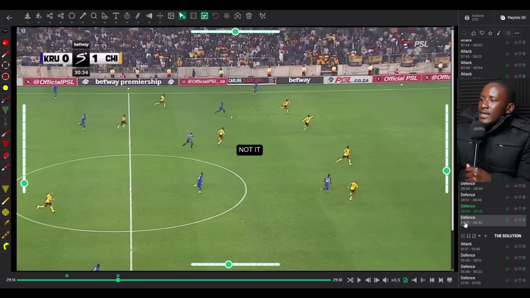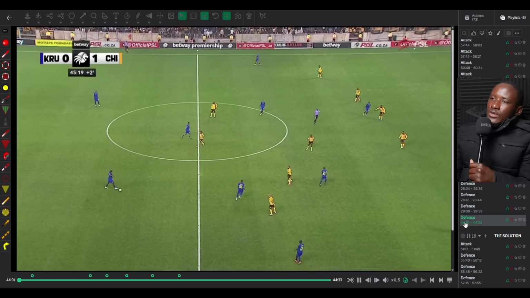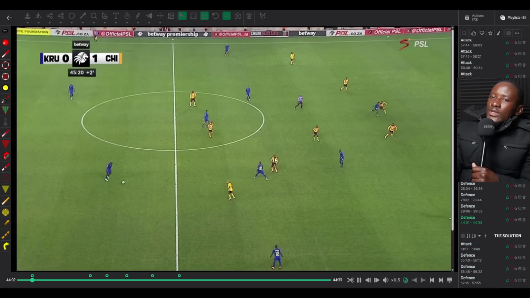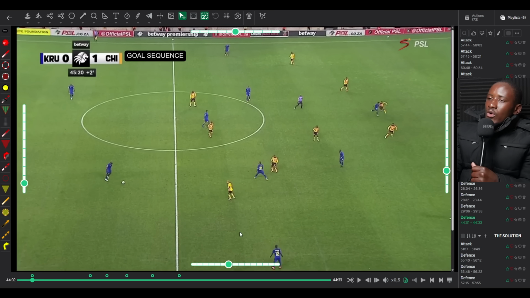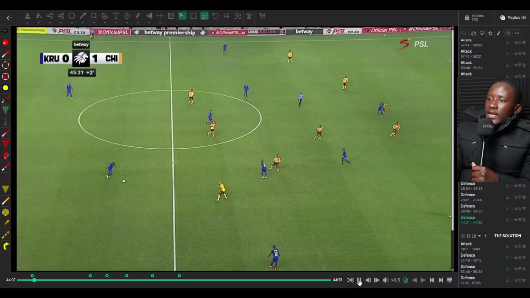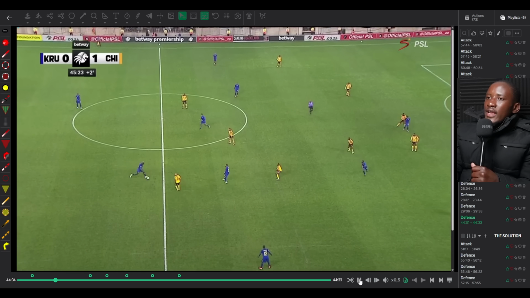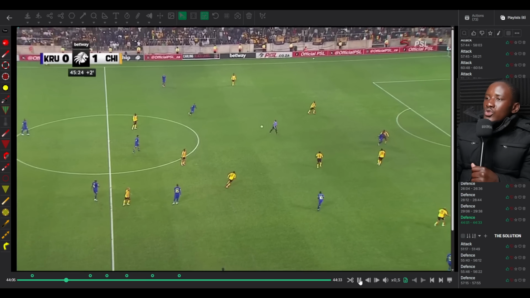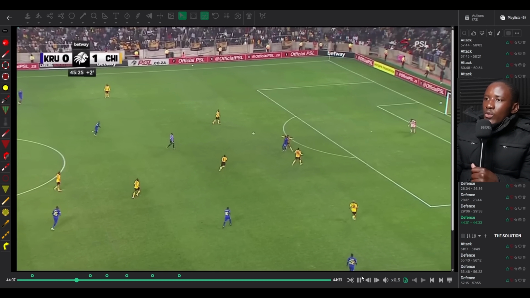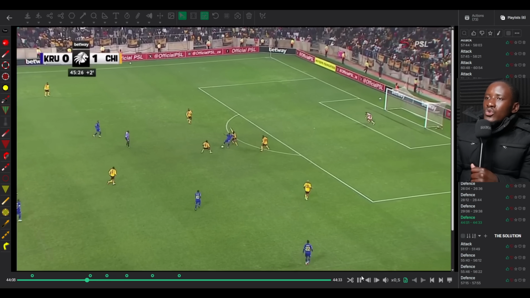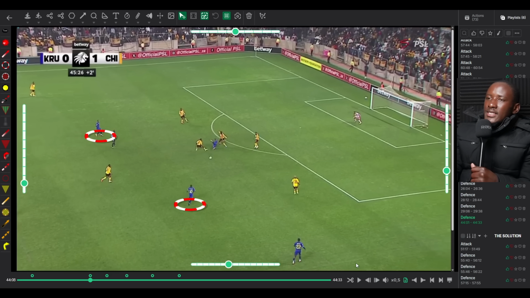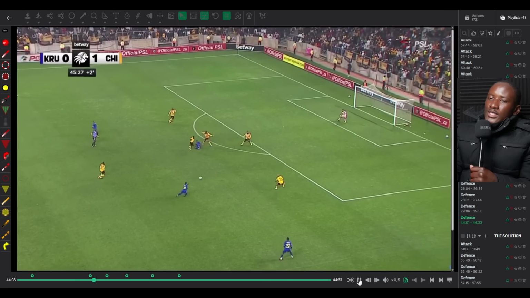This is not it. And finally, of course, there was going to be a goal because if you allow a team to do this long enough, they are going to score. Now, watch what happens here. Initially, everything seems to be fine. But they play the ball on top. Kunika does well to not allow the guy to turn. But again, in him not allowing him to turn, the ball is bounced back to number 10, who is free.